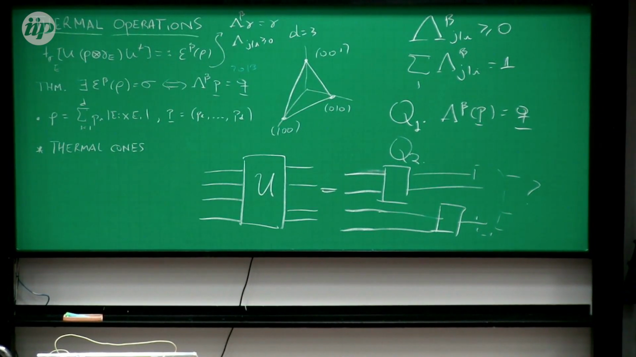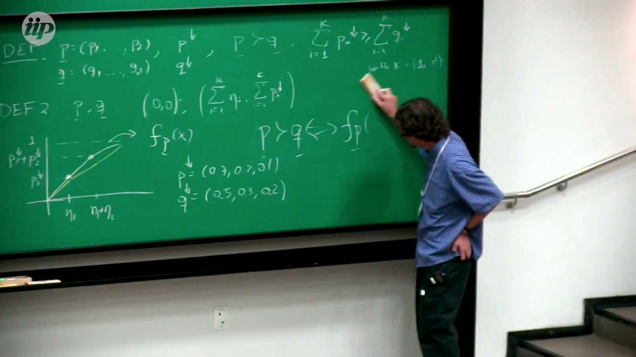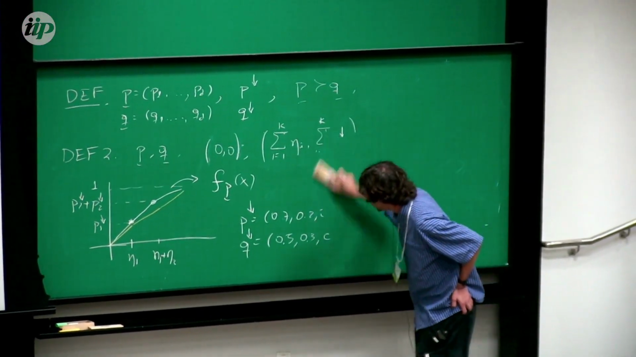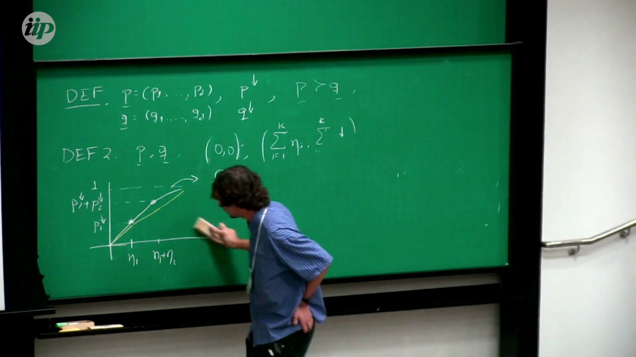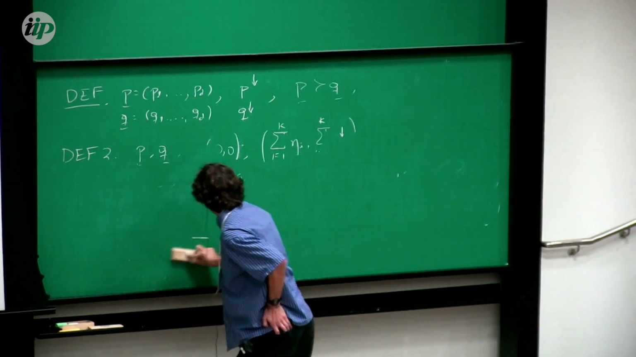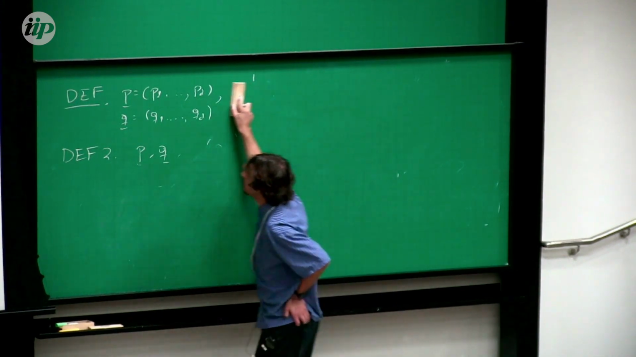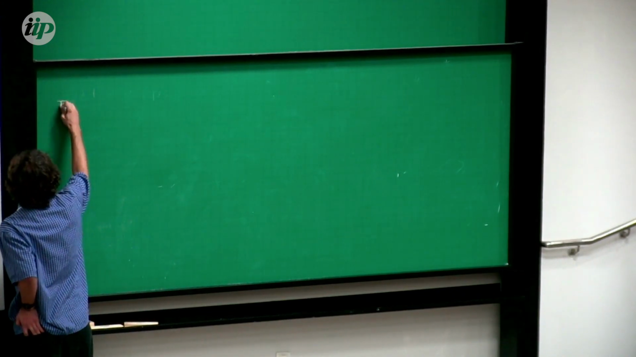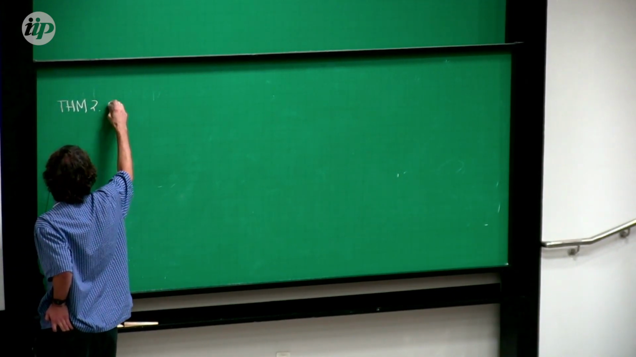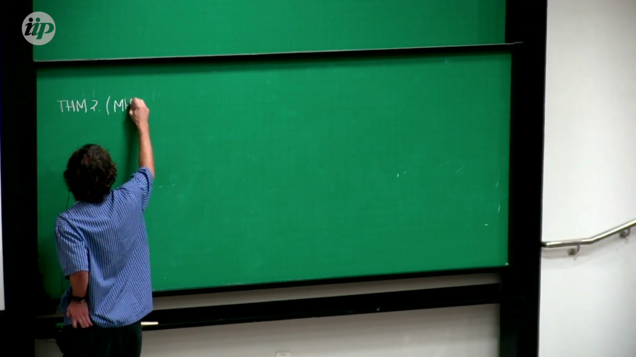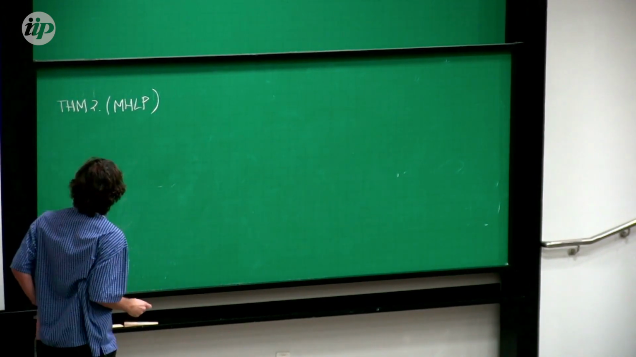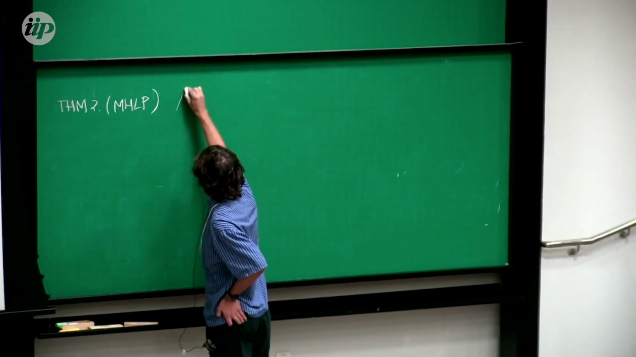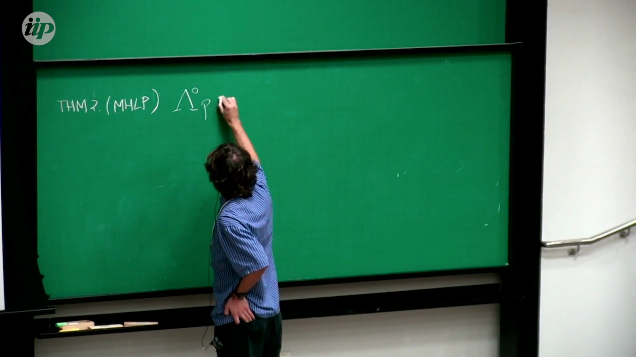We are very lucky because at beta equals 0, this question was already answered more than 50 years ago by the same guy that introduced this notion of majorization, Muirhead. And now I will bombard you with another theorem, though it's pretty simple. Theorem number 2, now it's Muirhead, Hardy, Littlewood, Polya. Basically what this theorem says is that if there exists a bistochastic matrix mapping P into Q,